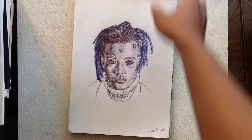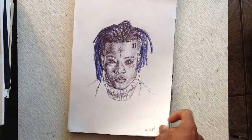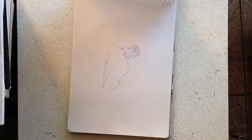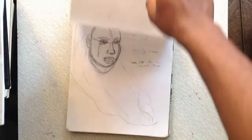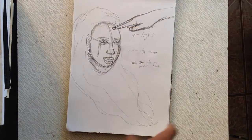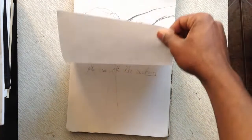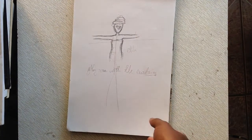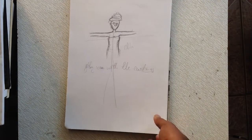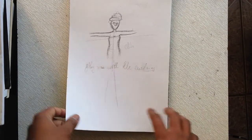And then the last complete piece is a piece of X. This is the 4th September, so this is literally just a couple of days ago. And the rest are just a couple of sketches, rough ideas. I don't really sketch, I guess. I really try to just do complete pieces in here, which is pretty different from how many other people like to use their sketchbooks. And I actually bought it so that I sketch much more, but I don't. And I really hope I get into it sometime later, but for now,